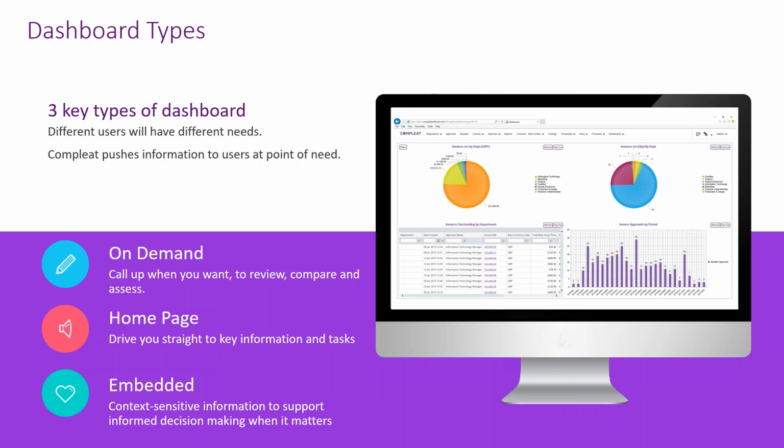The third kind of dashboard is, for me, perhaps the most exciting kind because it's quite an innovation. It's an embedded dashboard. And this is about pushing information to users relevant to where they are in a transaction, at the time they're in that transaction, to support better decision making. We call that an embedded dashboard. In the wider industry, you might have heard of embedded BI, embedded business intelligence. We've been working a bit with